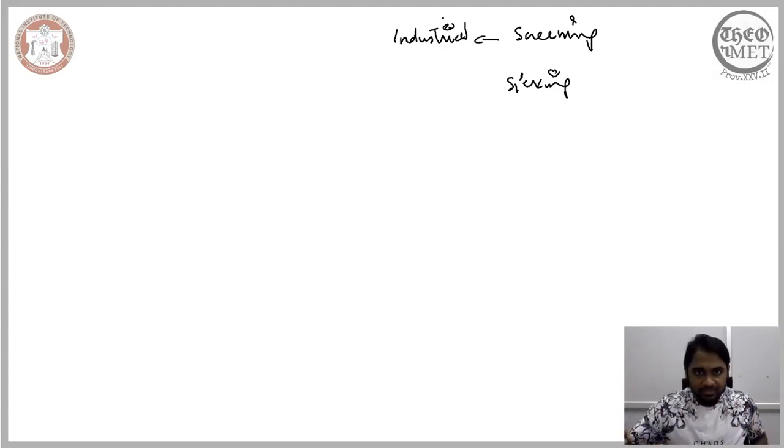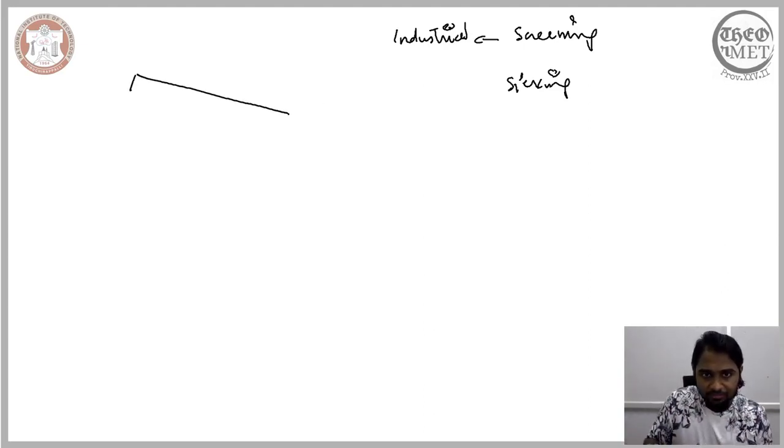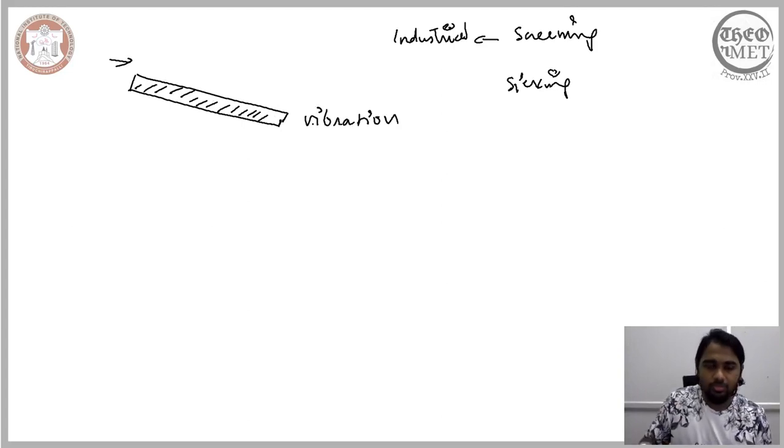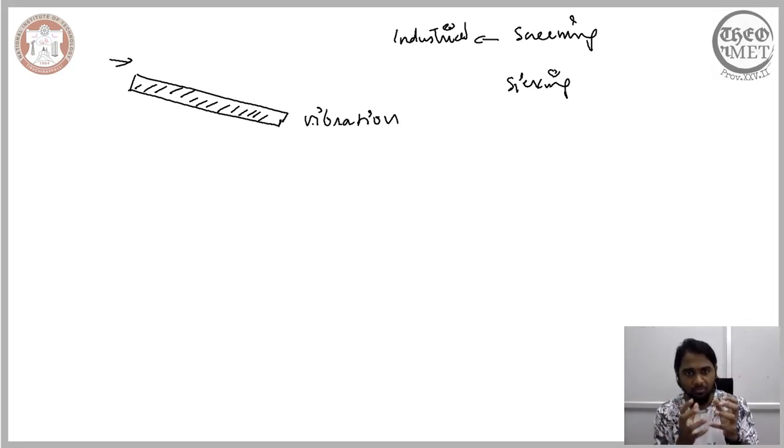Now if you could recollect, screening comprises a screen that is inclined, and the mixture of fragments rendered by the tertiary or secondary crusher is fed into this inclined screen. The sophistication associated with this inclined screen comes with the vibration included in this setting. So what you essentially have is a combination of inclination of the screen, wherein you feed in your mixture of fragmented particles, and the screen is allowed to vibrate.